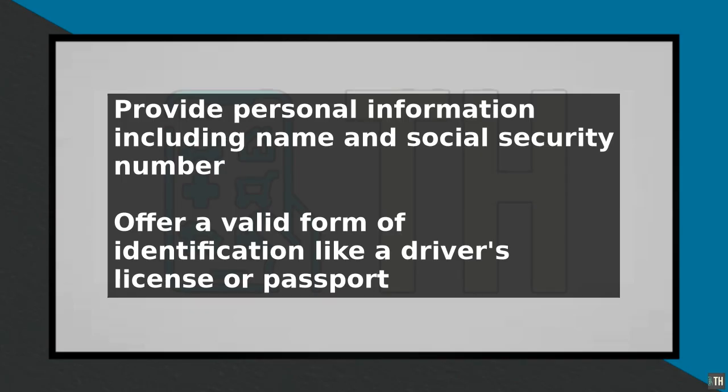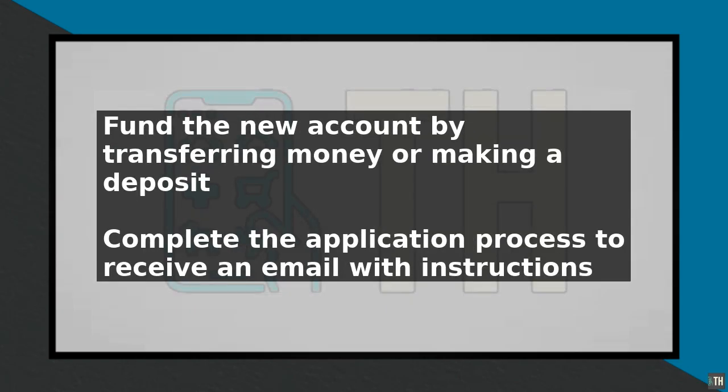Once you have completed the application process, you will receive an email with instructions on how to activate your new account. You will need to create a username and password, and set up security questions to help keep your account secure. It is also a good idea to set up account alerts, which will notify you of any suspicious activity